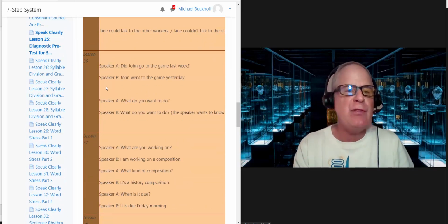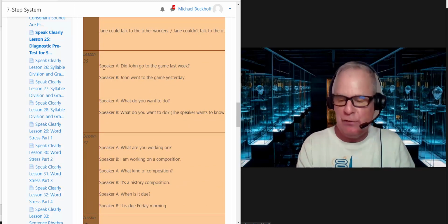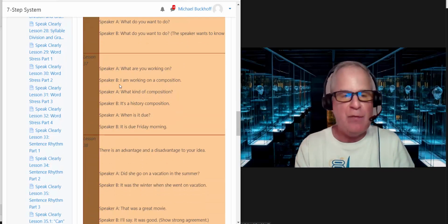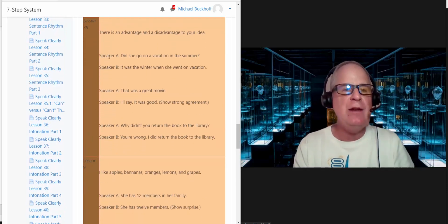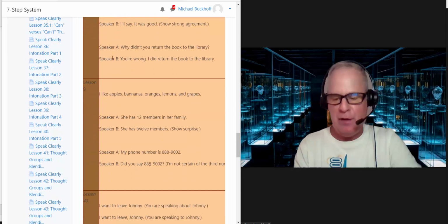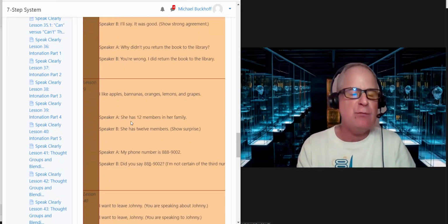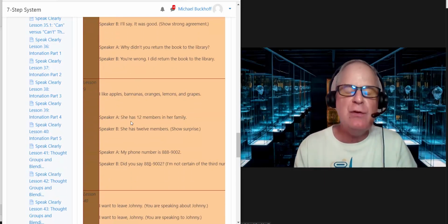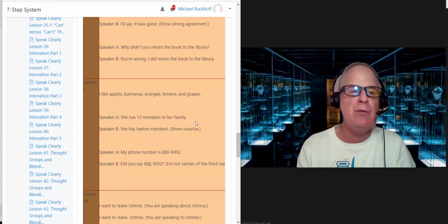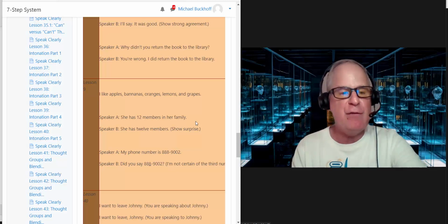Also, lesson number 36, this is more intonation. And the same thing with lesson 37, you need to focus on that one. Lesson 38, you need more practice with intonation. Lesson 39, the same thing. You need practice with intonation, especially with emphatic expressions of surprise. That's where you can do better. Lesson 41,